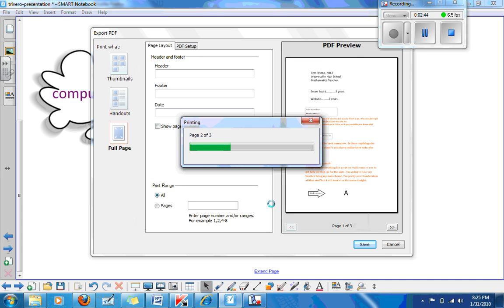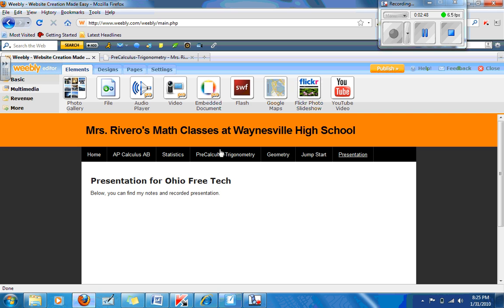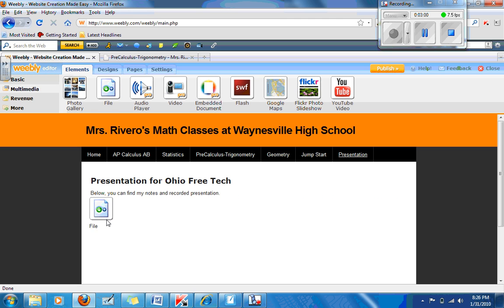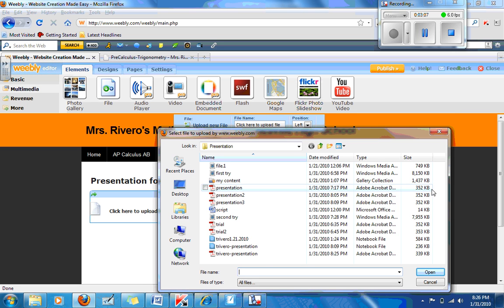Once the computer has saved the notes, I navigate to my website. For my website, I have a page for each class that I teach, and I've created a page for this presentation. All I do now is I go into File, and I drag the file icon down to where I want to put it, click to upload the file, and uploading the notes is just as easy as